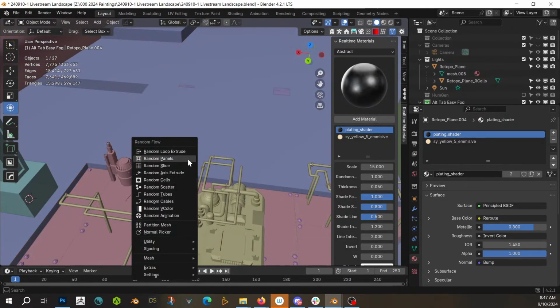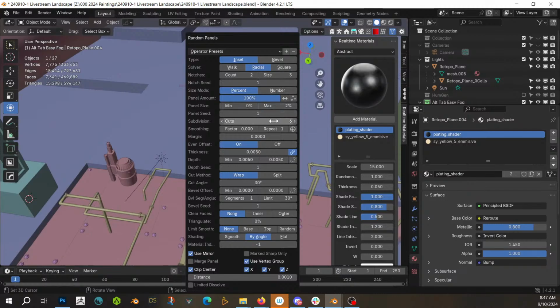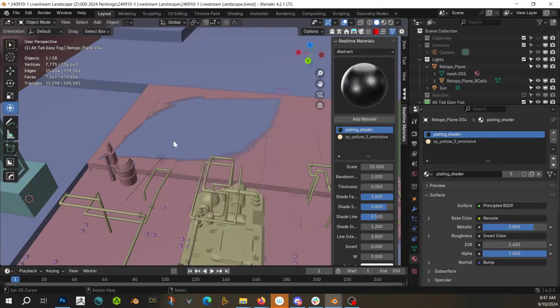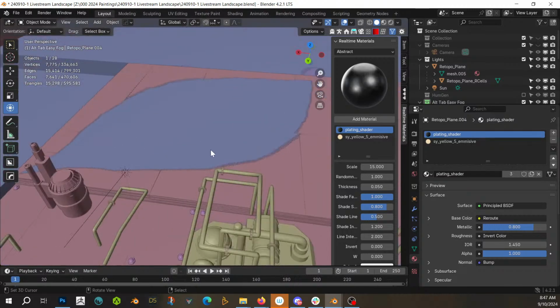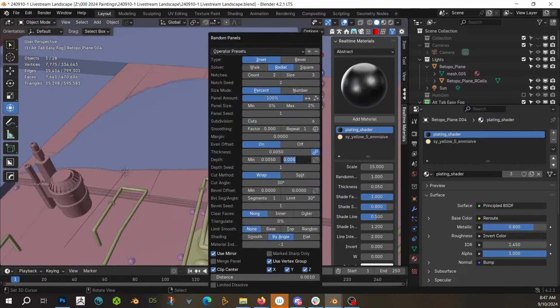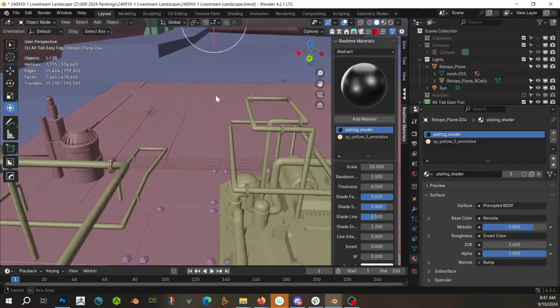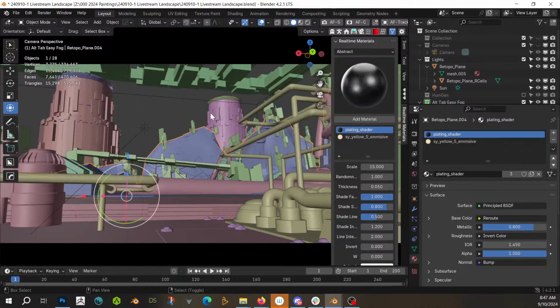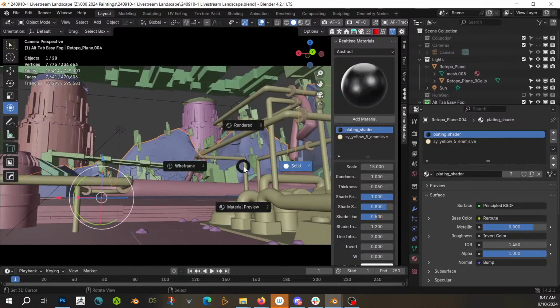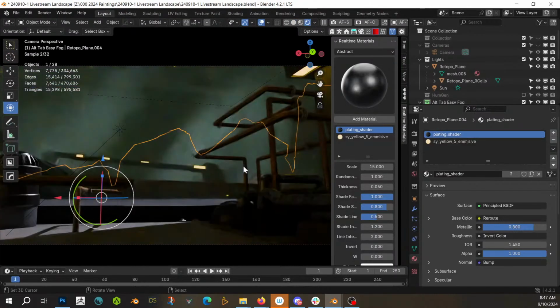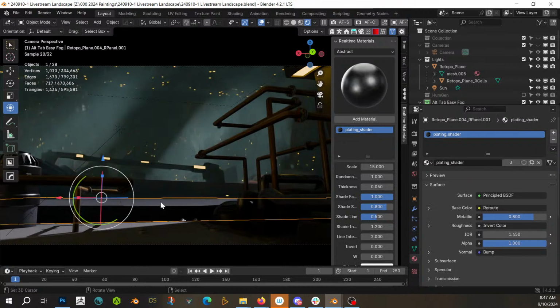Shift Q, panels, cuts, sure. F9, depth of 0.05, 0.1. Cool. Yeah, that should help a lot. And not as much as I'd hoped, but